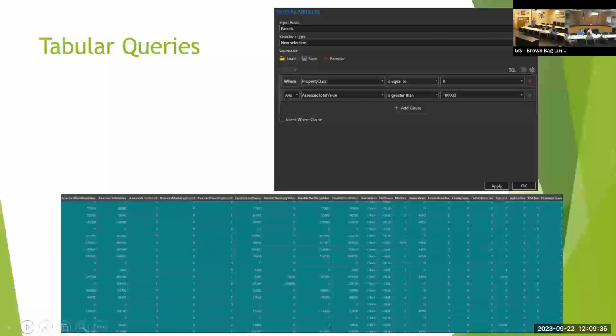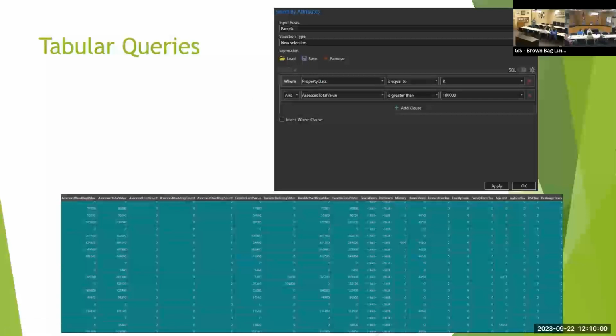So like I said before, there's a geometry aspect to GIS. There's the shapes that can interact with each other and how they overlap, they contain each other, if they intersect each other. But we can also dig into the tabular data and we can just make queries. Basically you're building a sentence here. You don't need to be a programmer. You don't need to know SQL or any of these other languages.